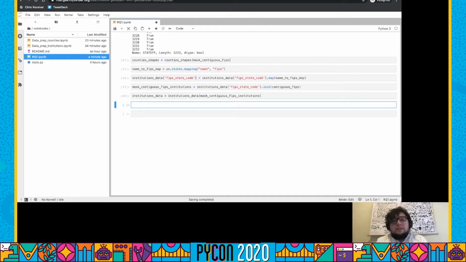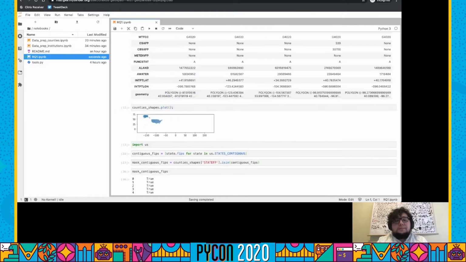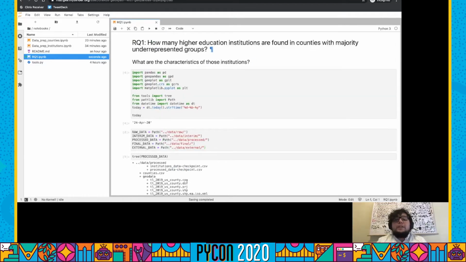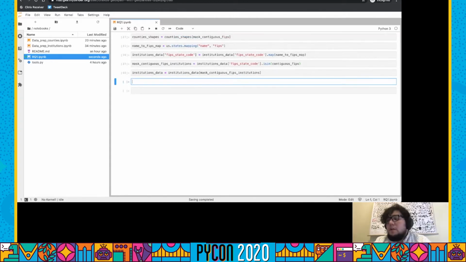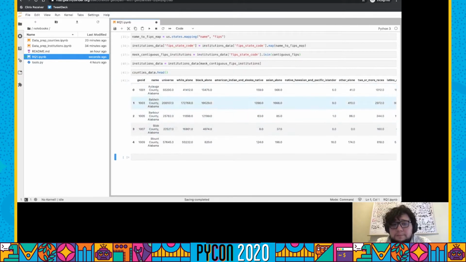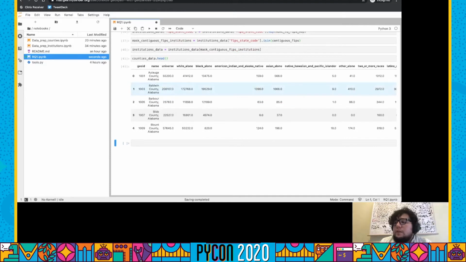We have the shapes and the counties and the institutions. But the question is, how many higher education institutions are in the counties where there's a majority of underrepresented groups? So we need to define what's majority underrepresented groups, right? One way to do that is with this counties data. That's how we're going to find out which counties are majority underrepresented. So the way to do that is we're going to create a new column, counties data share underrepresented, and that's going to equal, I'm going to open a parenthesis because it's going to be a bunch of other columns,